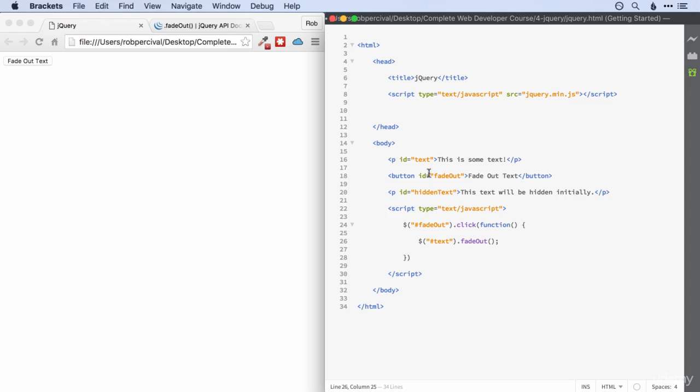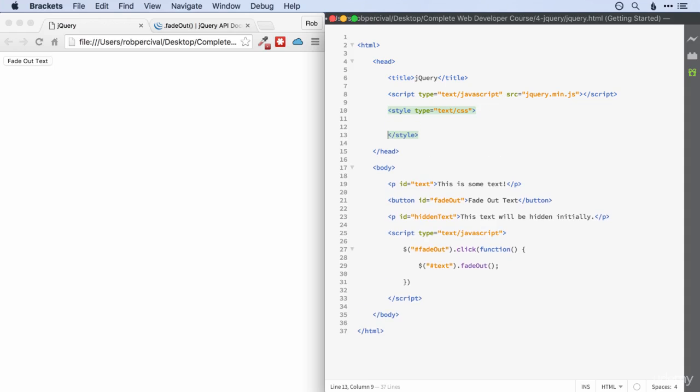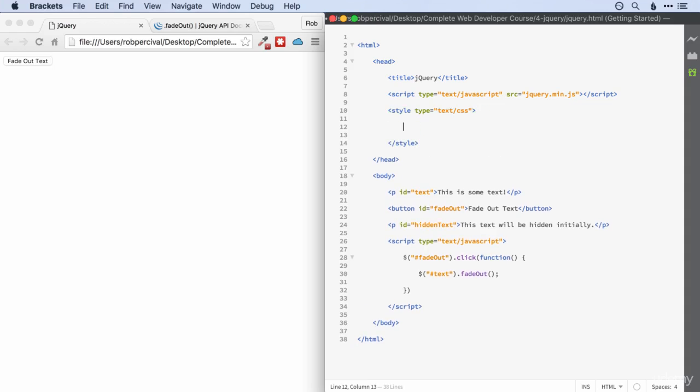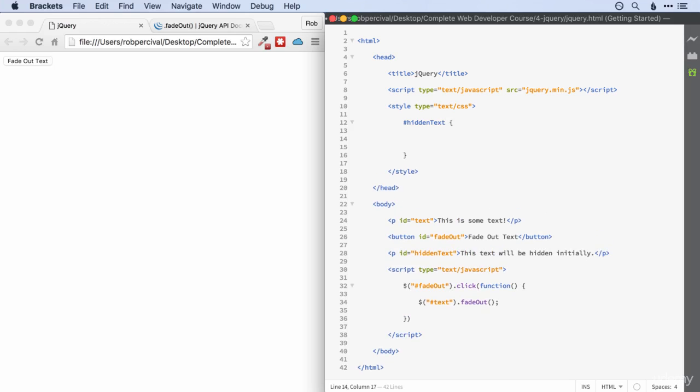And then I need to make hidden text hidden initially, so I'll bring some styles back in. There we go. So I only need to style hidden text, and the only style I need to give it is display none, and that will make it hidden initially. And then